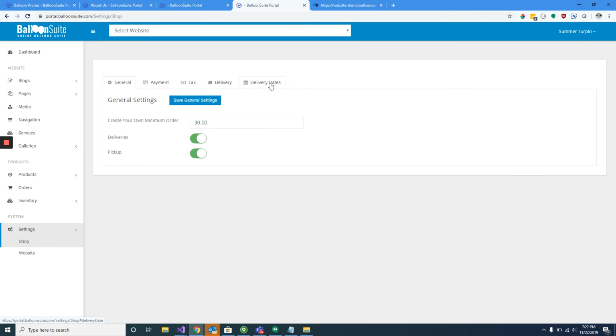At the top, you have the different types of settings. So if you go into your shop settings, these control all the shop e-commerce sections of your website if you have the e-commerce add-on. If you don't see any of these sections, that's because you're having the general website without an e-commerce add-on. So the general settings, you can set the minimum order quantity for the create your own balloon